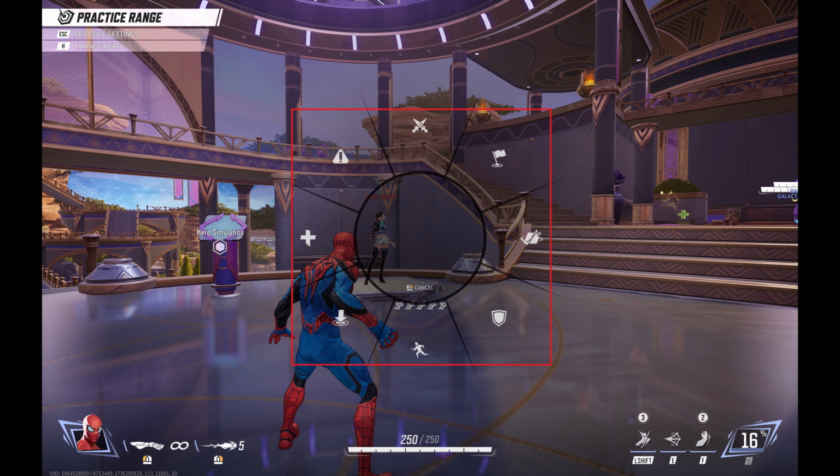Going forward, whenever you bring up the communication wheel in Marvel Rivals, you'll see that it has 8 slots instead